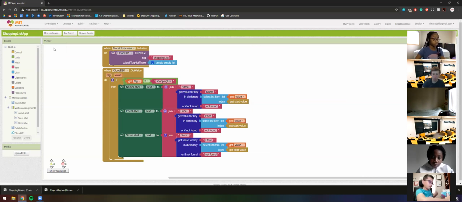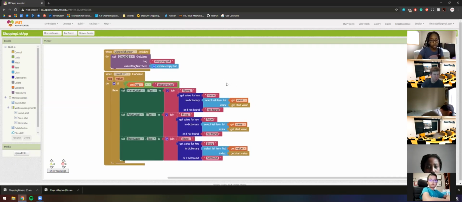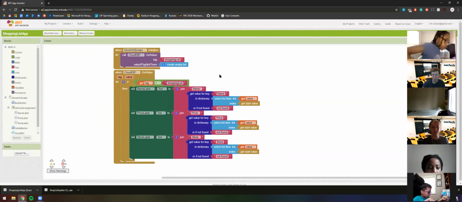Mine doesn't work. What part doesn't work? It won't show the name, price, or store. Do you start on screen 1? No. Okay, start on screen 1, click an item, click more info, and then see if it works. Okay. Still doesn't work. Okay,